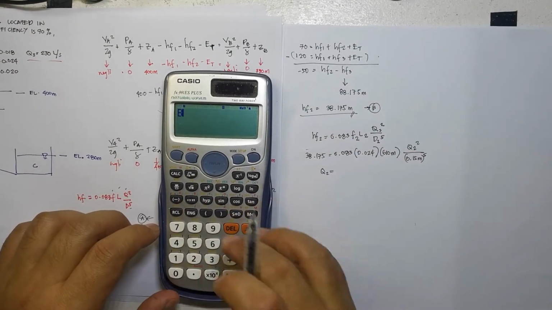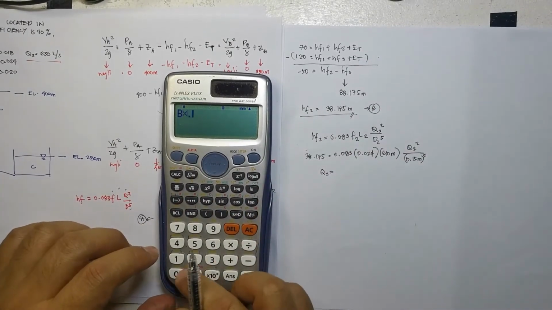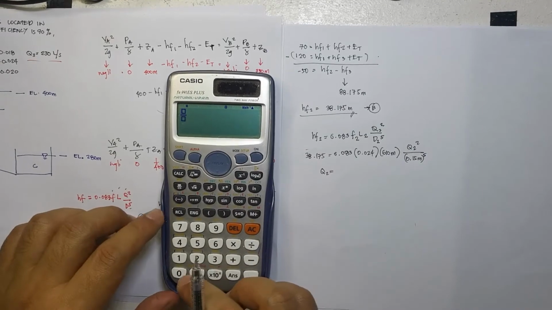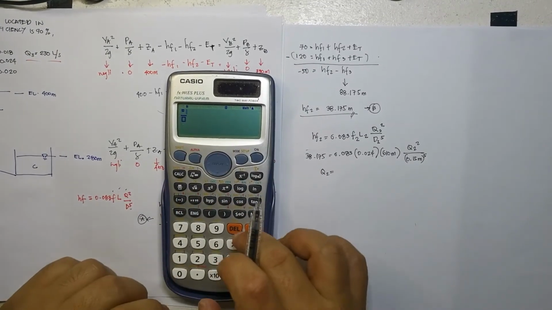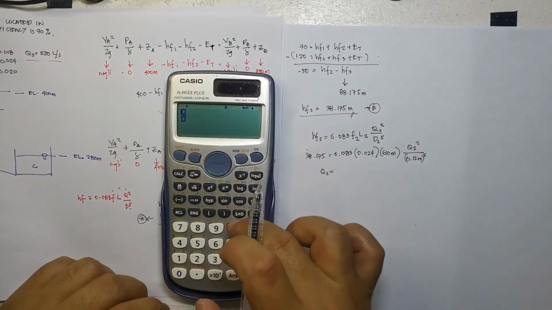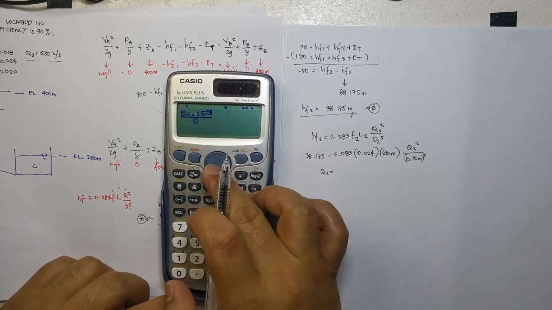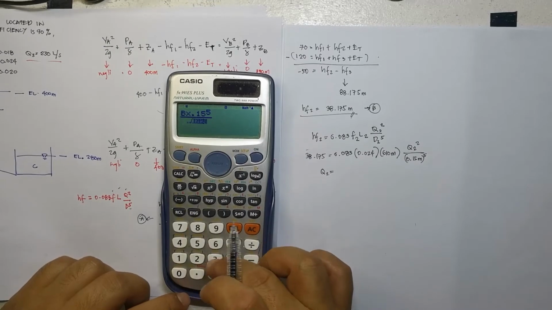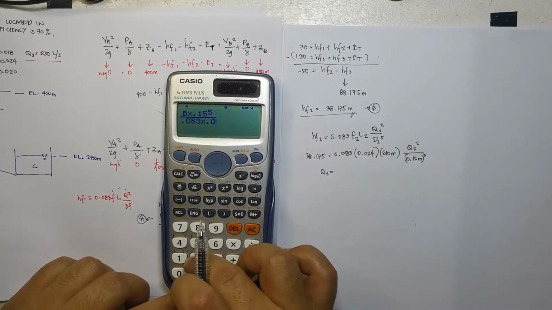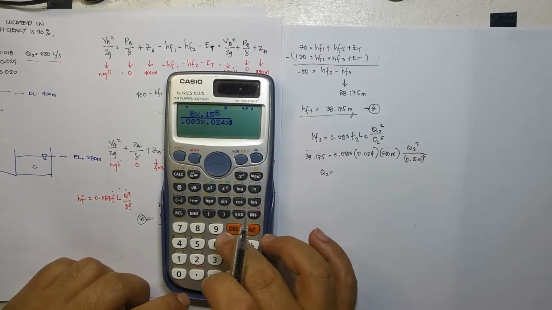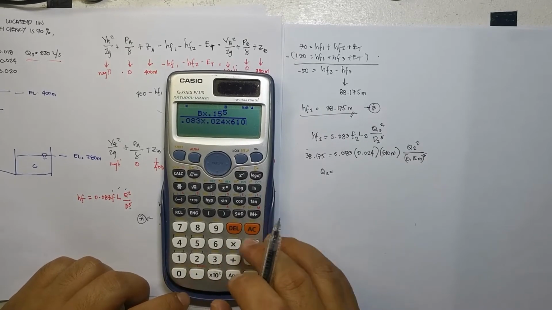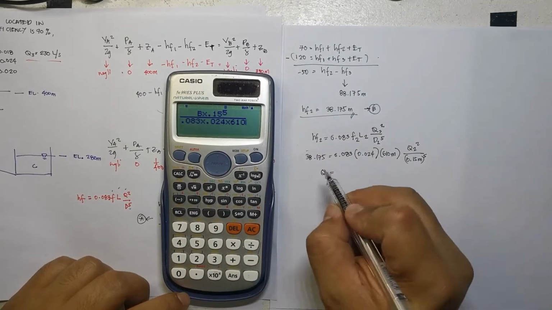This is B. This is B times 0.15. Let's put in alpha B. Alpha B times 0.15 raised to 5 over 0.083 times 0.024 times 610 will give us,